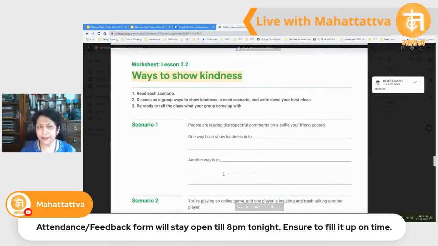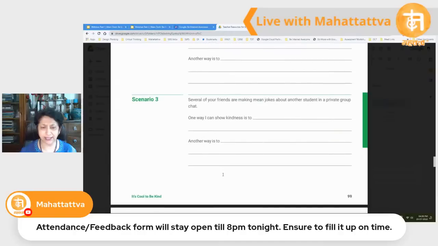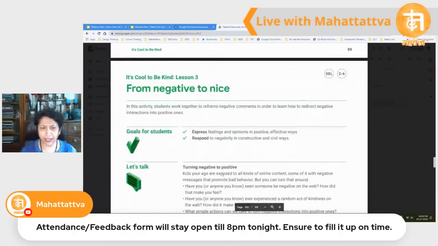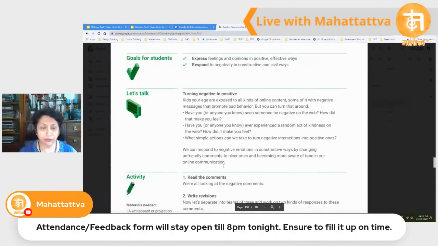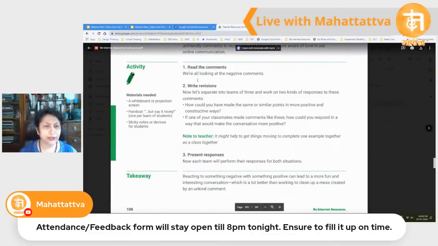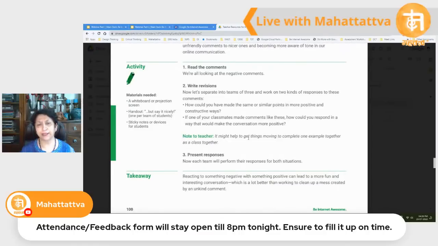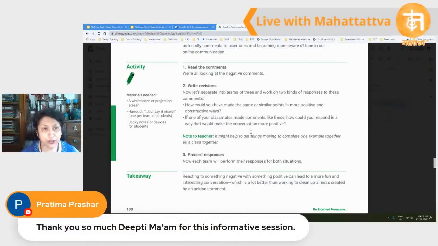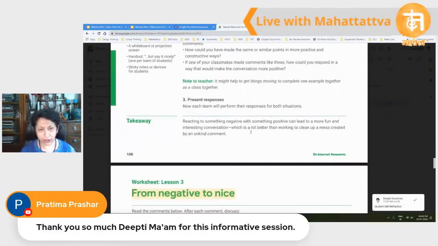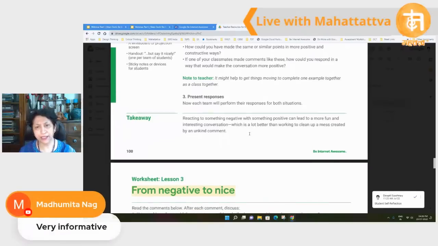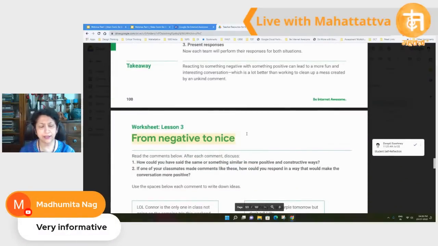So what are the ways? There's another activity for that, discussing the scenarios. How would you do that from negative to nice? How do you convert that? How do you actually get children talking to each other? How do you get them to understand that if you are talking to each other, can you give constructive feedback? Can you make it more positive? How would you respond if somebody in your class is talking like that? So getting them to talk about it in the real world, so that they actually transact that in the online